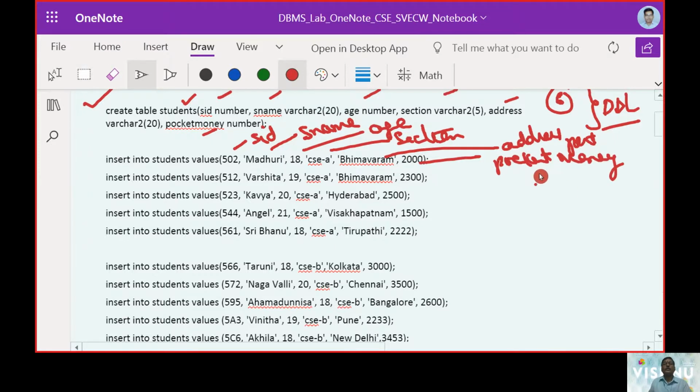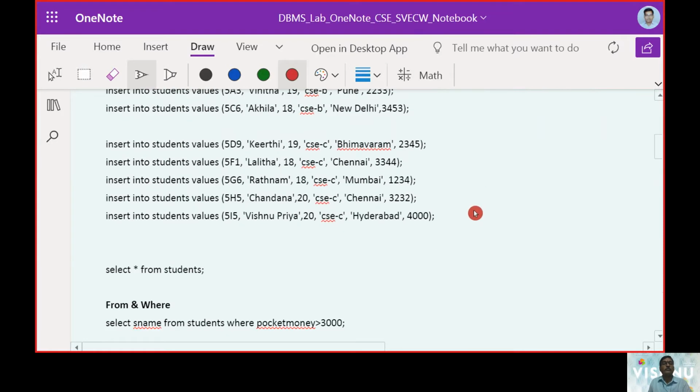This is how the fields are going to take up values. We will make some 10 to 15 insert commands.